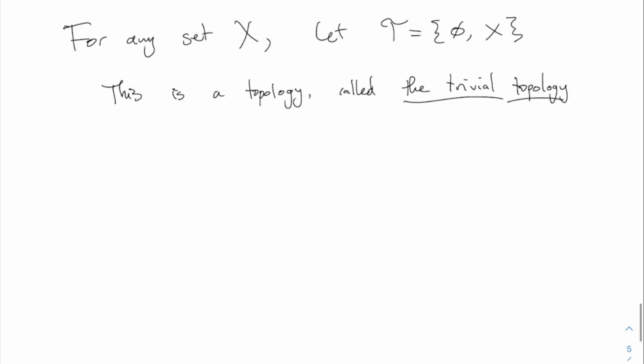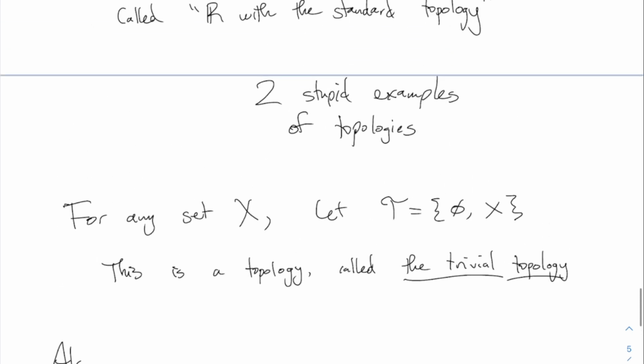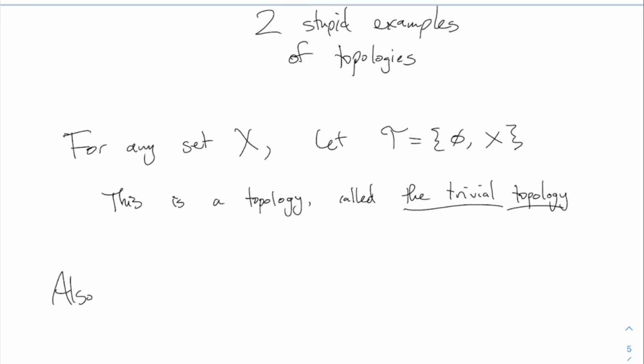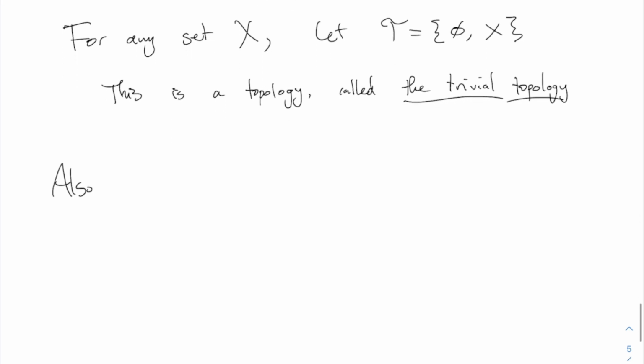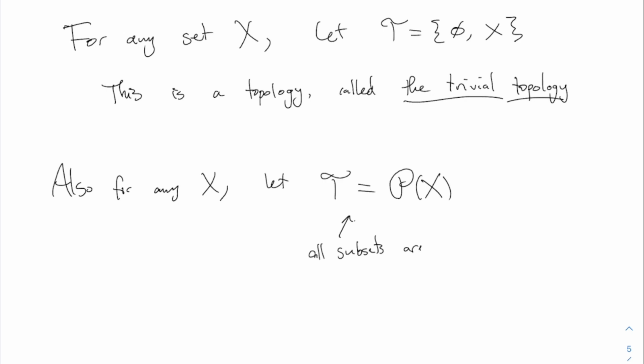So these are the two stupid examples. You can make it so that no sets are open, or you can make it so that all the sets are open. Neither of those examples is very interesting, but they are both technically legal topologies. So also I can say for any X, let T be the set of all the subsets, the power set of X. All subsets of X are open. And this also is a topology,